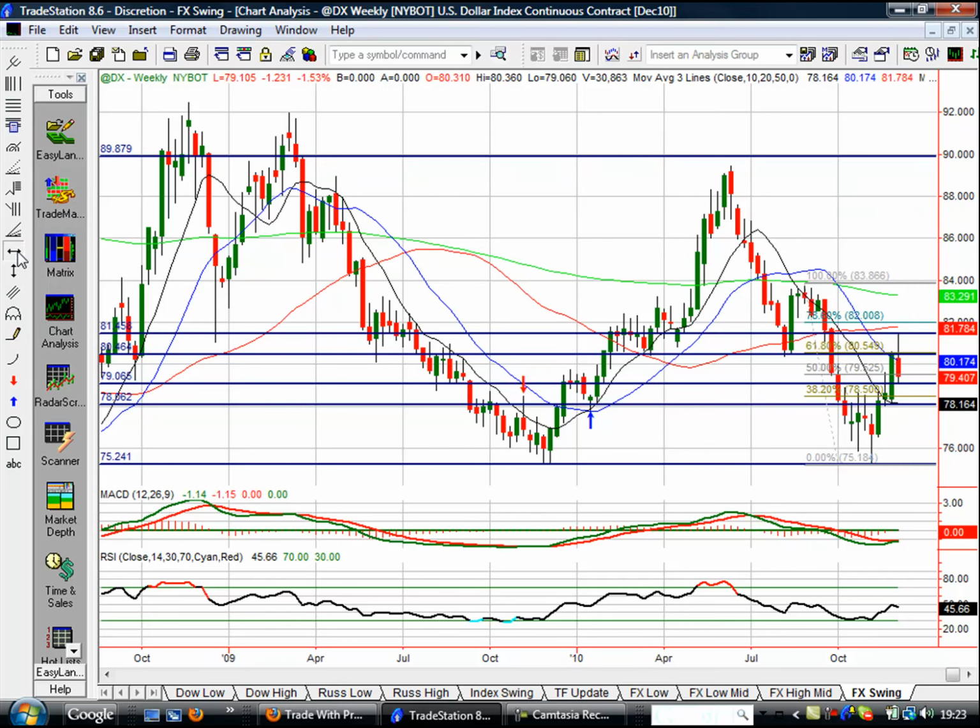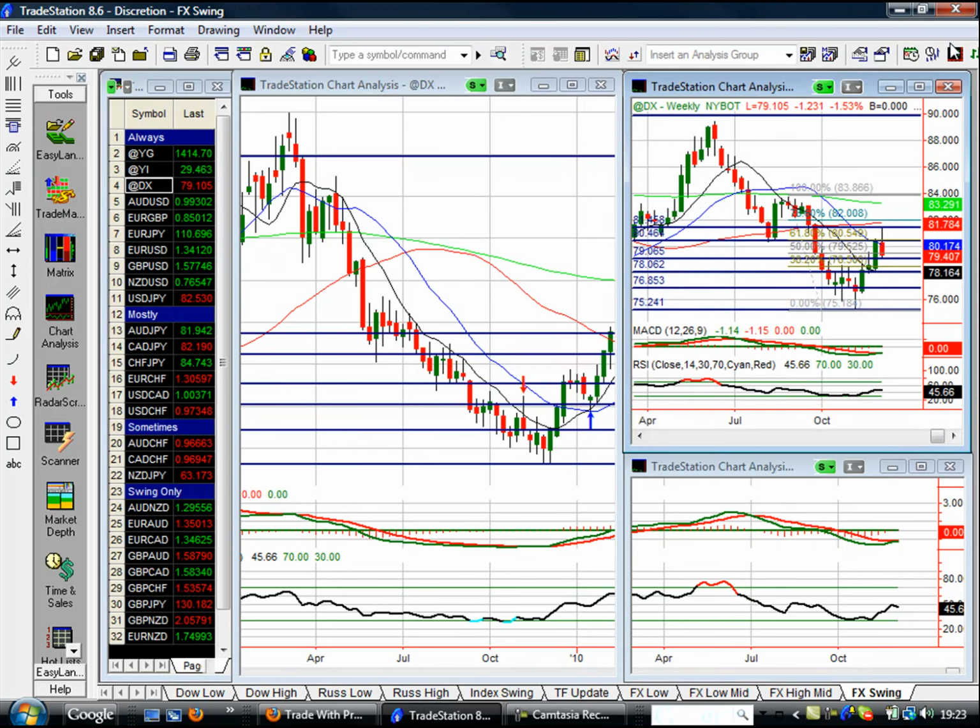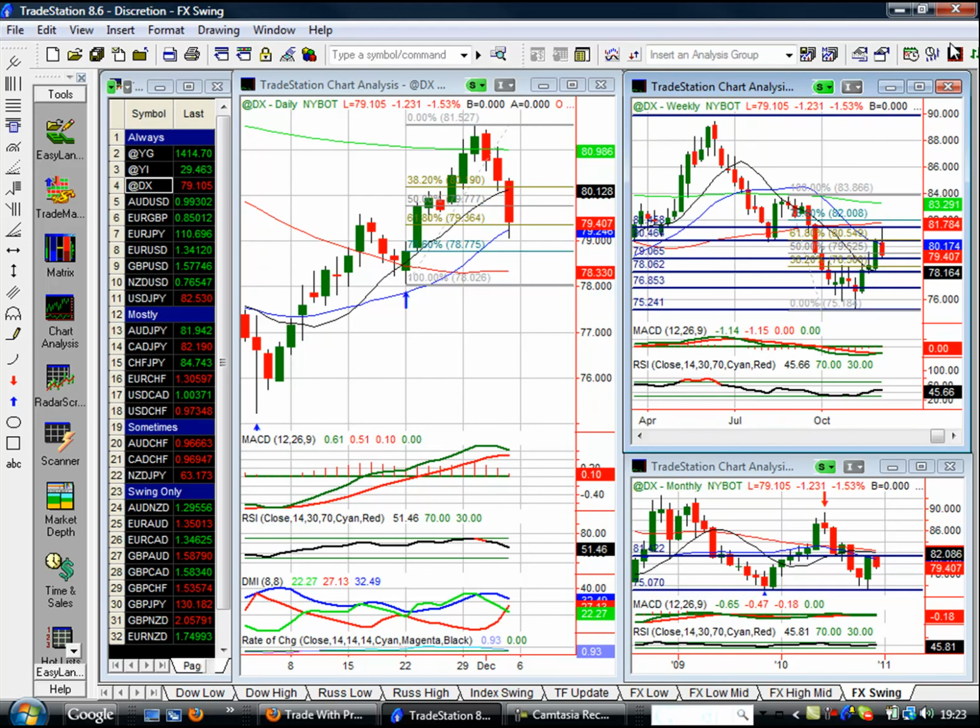And I think we're looking down around this kind of area here. If we can get down around this kind of zone, that's around about 77. I think we should be testing anywhere from 77 down to 75, provided we break down. If we get that green candle on the daily chart, then that will be a switch, and it will be more of a sign of a continuation back in the daily chart trend.